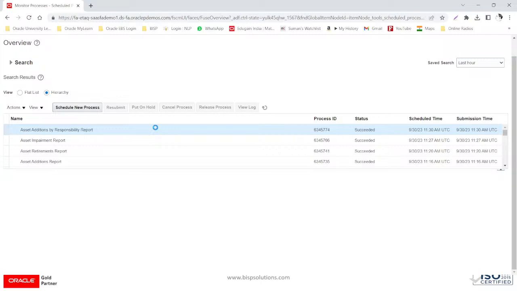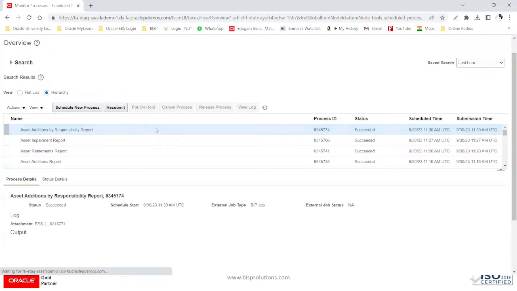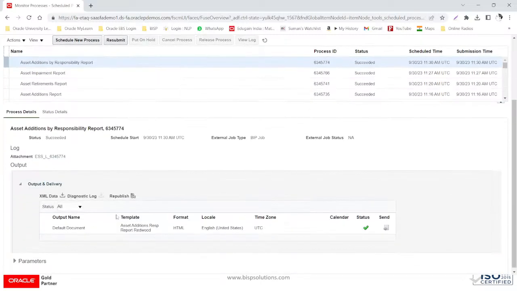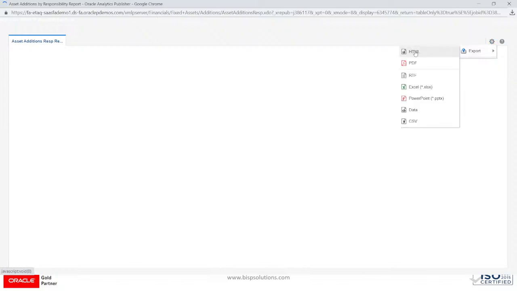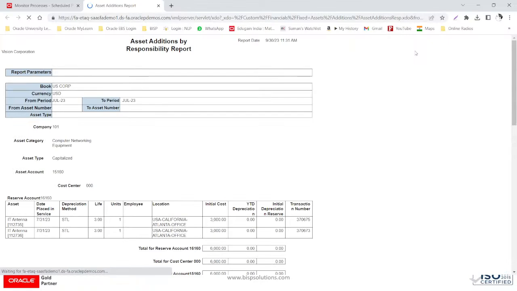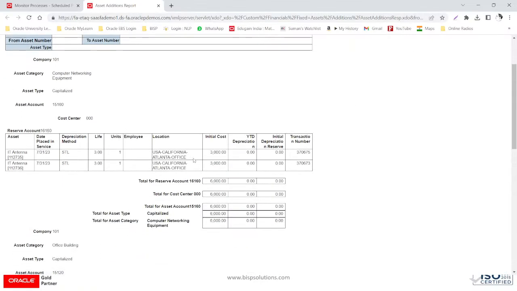So let us view that report. Asset addition by responsibility. So let us view. So you can view that HTML. So you can see,